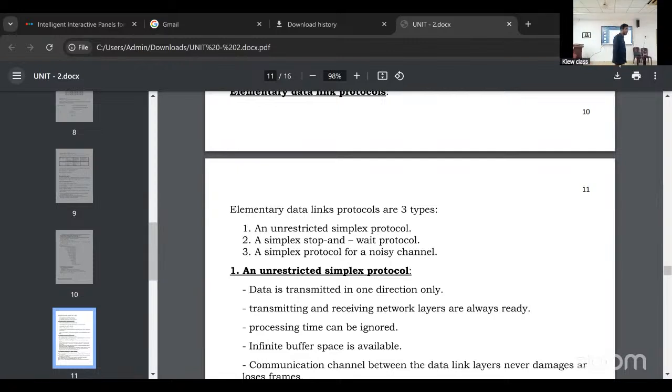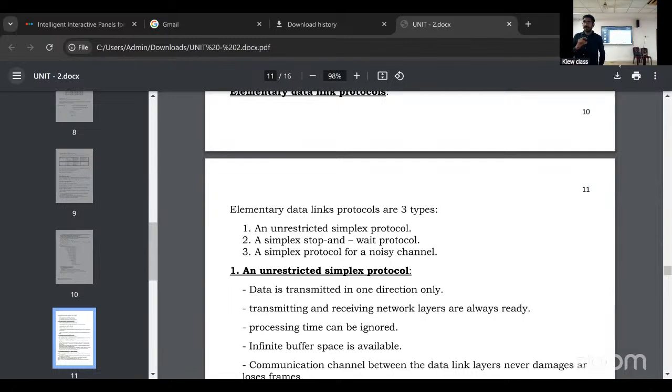From an exam point of view, they will ask about the sliding window protocol. Sliding, the name itself, sliding window protocol.